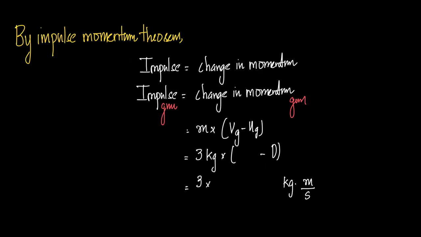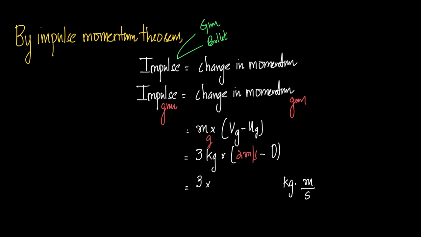Okay. Now coming to the final part. Now by the impulse momentum theorem, we have that impulse is equal to change in momentum. Now which component are we talking about? This impulse can be for both the gun as well as the bullet. But we are talking here specifically about the impulse of the gun. So impulse of the gun is equal to change in momentum of the gun. Change in momentum of the gun is equal to mass of gun, sorry, my bad here, mass of gun into final velocity of gun minus initial velocity of gun. Mass of the gun is 3 kilogram. Final velocity of the gun we just determined to be 2 meter per second, and therefore we have 3 into 2